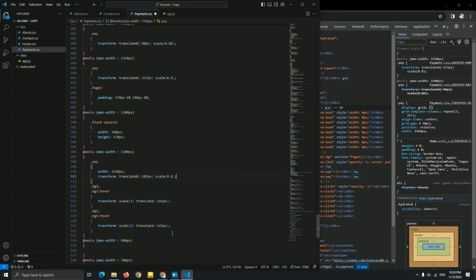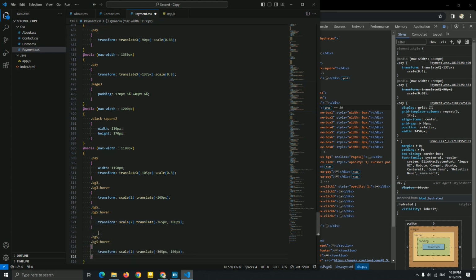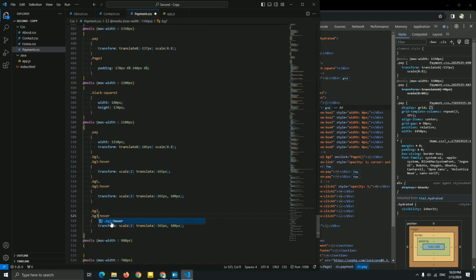Okay, I'm gonna add this, let me see, 300, and for the top let me add 100 pixel. Okay, let's go to the next, bg7 of the background 7. The last thing we're gonna add here, I'm just gonna add these two minus. Okay, this is good.